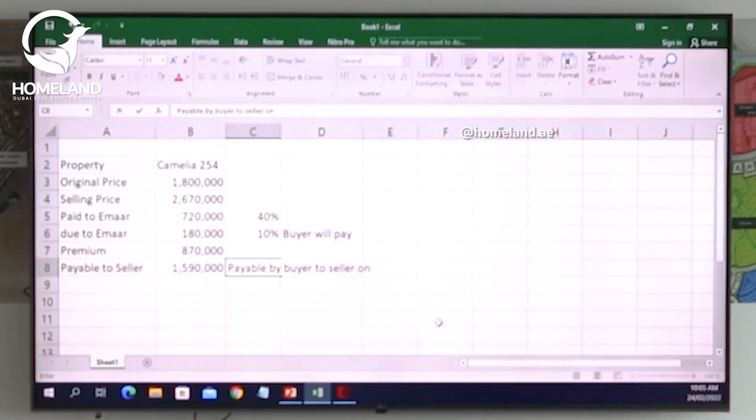When should you pay it? Before the NOC, 30 days. When you go to